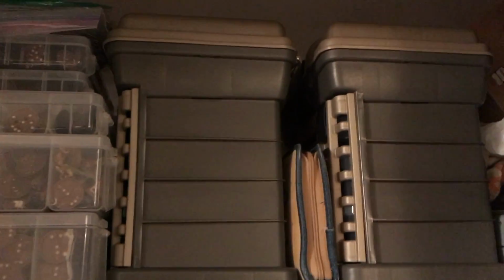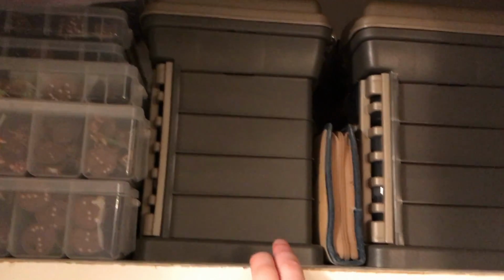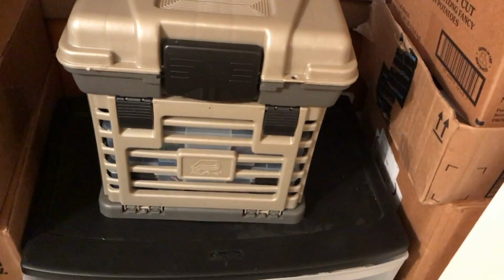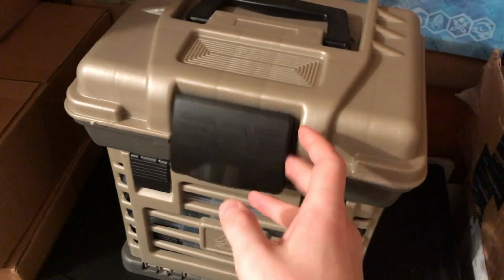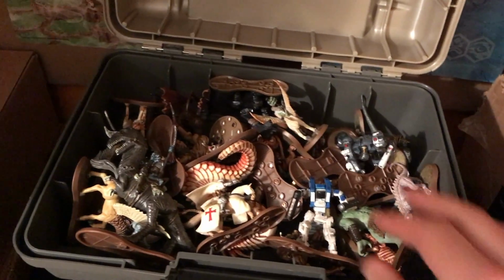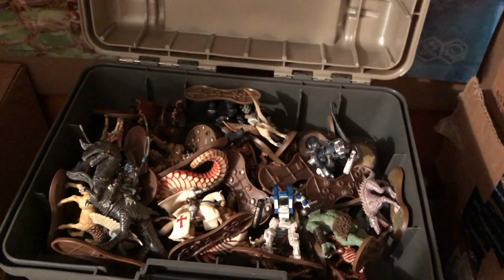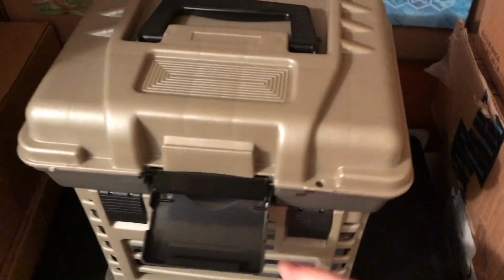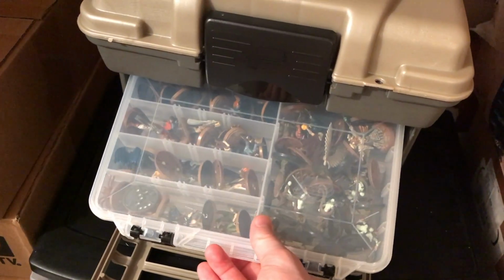These are tackle box totes, just fishing tackle boxes. I'll show you. These are about 20 bucks on Amazon, and they do a great job. In the top here, you can fit a lot of your double-spaced figures, a lot of the huge figures you see in here. Just a big spacious area for those. So really, really nice for storing those. Then in here, you've got a couple different